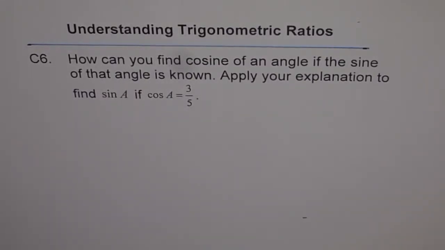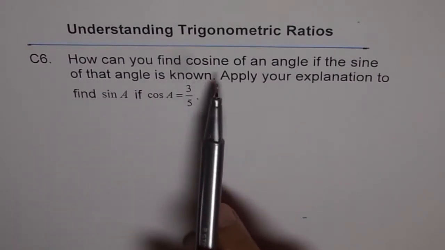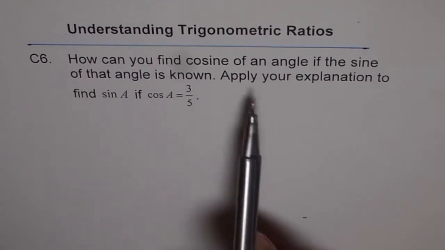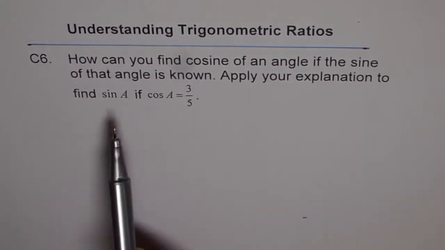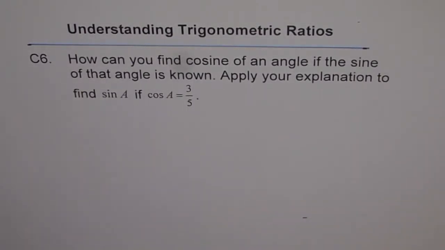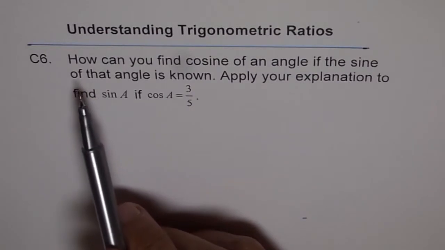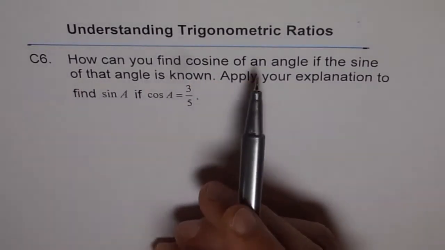Understanding trigonometric ratios, communication question 6. How can you find cosine of an angle if the sine of that angle is known? Apply your explanation to find sine of A if cos of A is given to 3 over 5. Well, in this question part 1 is different from part 2, but they are related. So we'll solve them. So first we'll try to understand how to find cosine of an angle if sine of